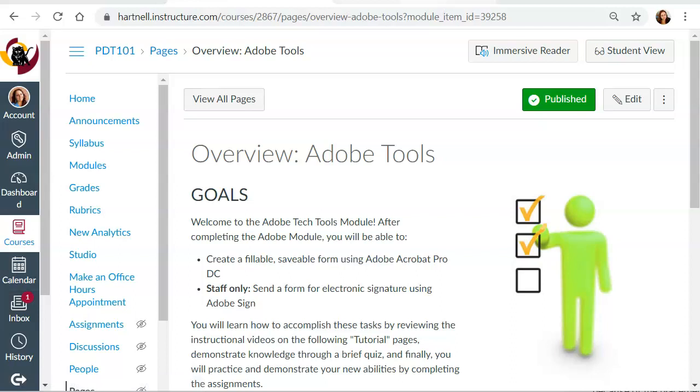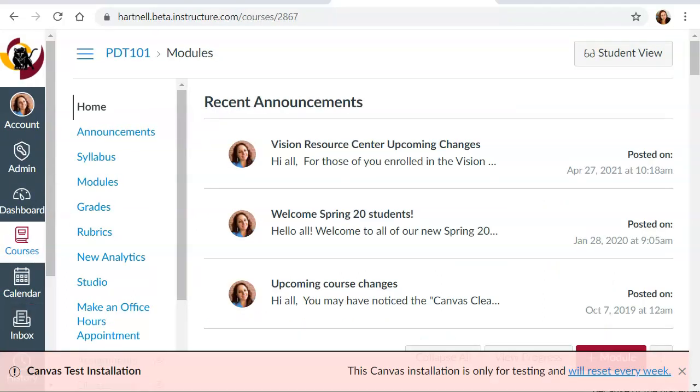Let me show you what I mean. So here I am in the Canvas beta environment. So I've added the word beta between Hartnell and Instructure. I have to log in again. I use my same credentials that I usually use to get into Canvas, but it's going to be the same. Your course ID comes right here and things like that.